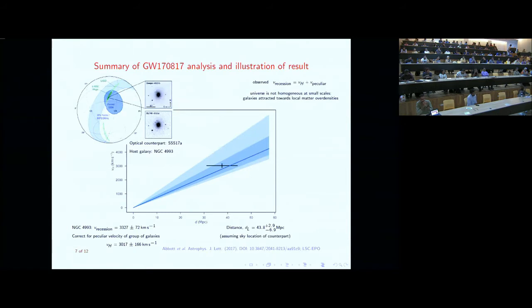For this NGC 4993 itself, one can read off the recession velocity in the CMB frame as some